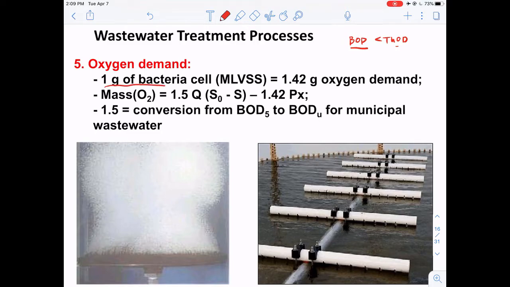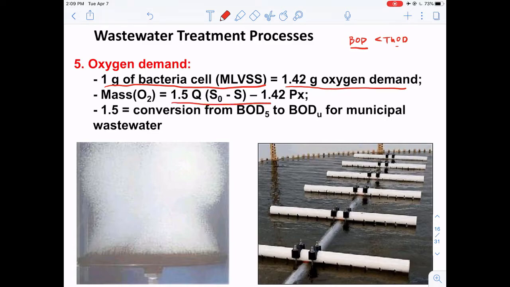Because of that, 1 gram of the bacteria typically represents around 1.4 grams of oxygen demand, which means that by forming these bacteria, we're taking a fraction of the organics existing in the water, so we will require less oxygen to oxidize all of the remaining